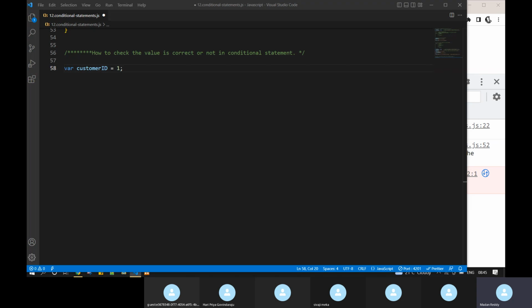Okay, I wanted to print these two statements using two console logs: one for when the customer ID is 1, and one for when the customer ID is not 1. Based on this situation, based on the customer ID,